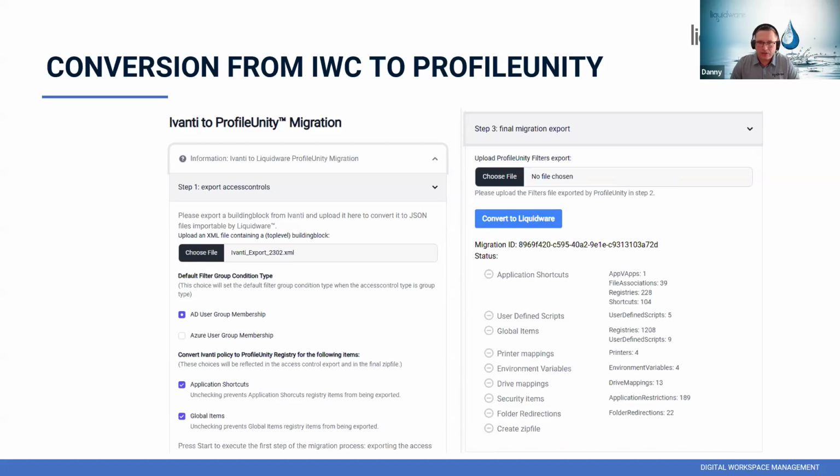There's a lot in there, as you can see on the right side. After the conversion, we can convert the shortcuts, the execute commands, the global items, which are the registry ones, and the user-defined scripts, mappings, environment variables, drive mappings, security items, and folder redirections. That's most of the content that the customer can use after the conversion, or even use